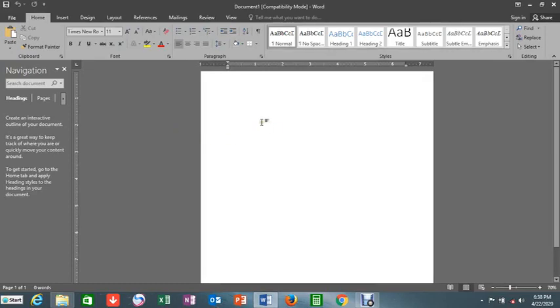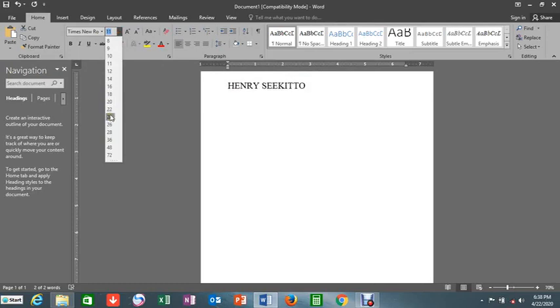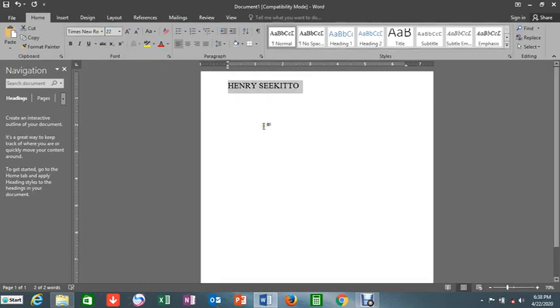So now let's begin right away. Assuming that I'm in my document and I come and write some items here. Let's say I write Henry. Let's say Sejito. I write my name. By the way, it's not all that visible. We can highlight it. Highlighting is like making a selection. Put your cursor somewhere, let's say at the beginning or at the end. Hold down the left mouse button. Then you move in a direction of your choice. So it will select that item. Make it somehow bigger. Let's increase the size such that everyone sees it well. Are we good to go? Yeah, everyone can see this one clearly.